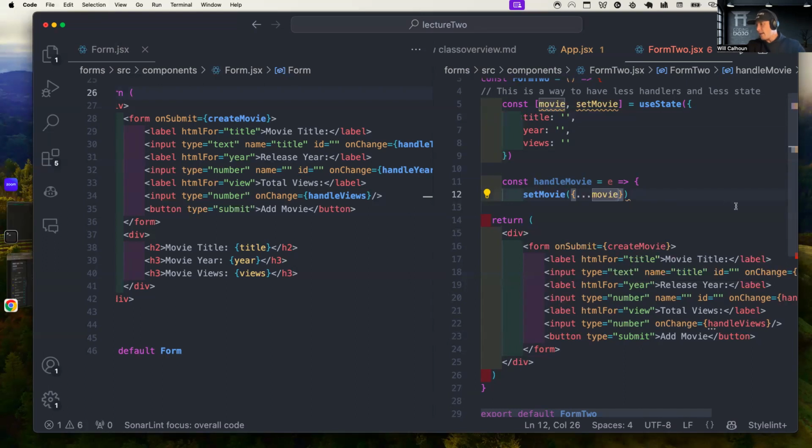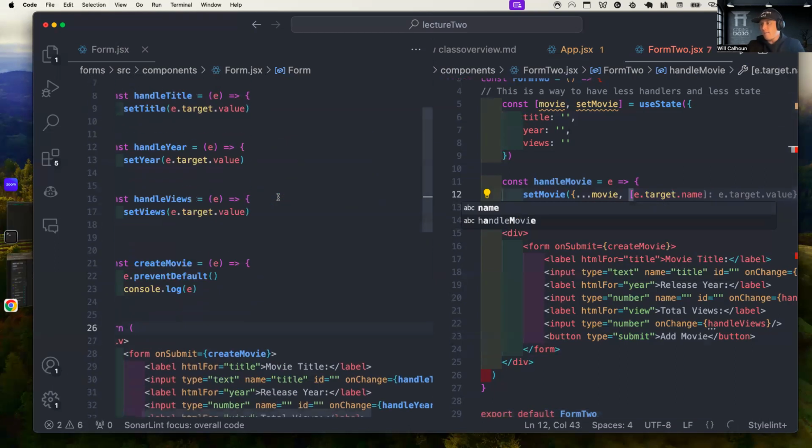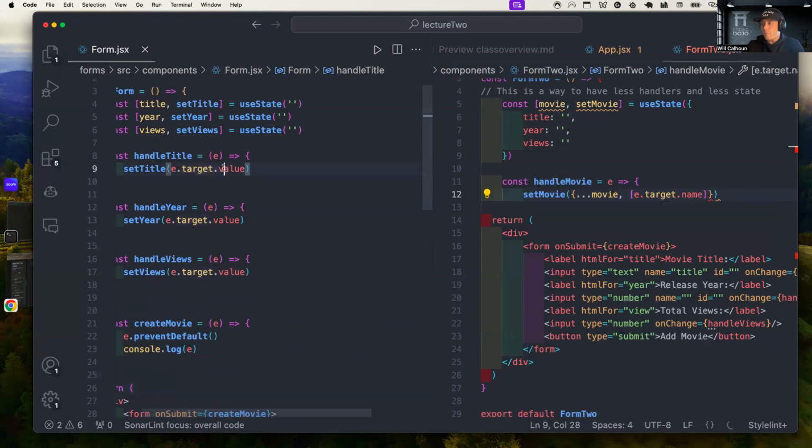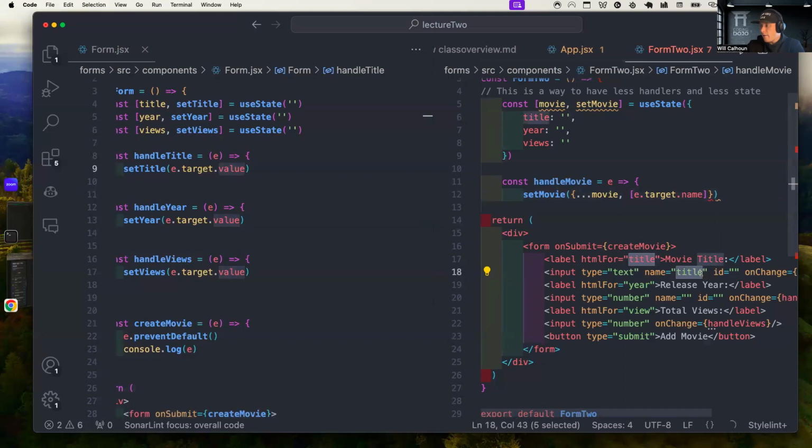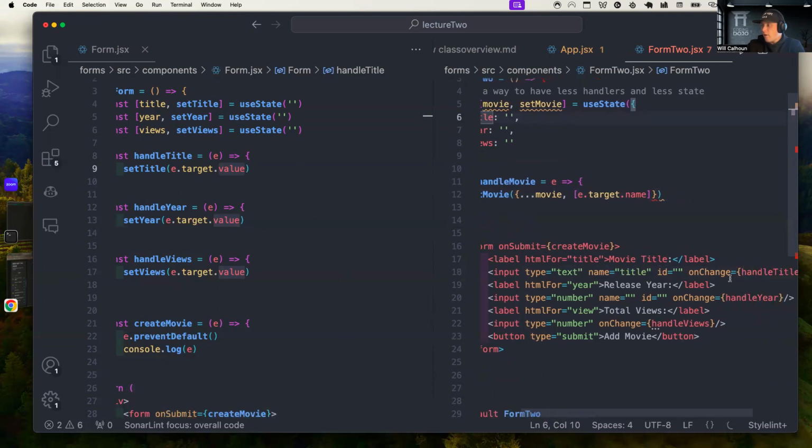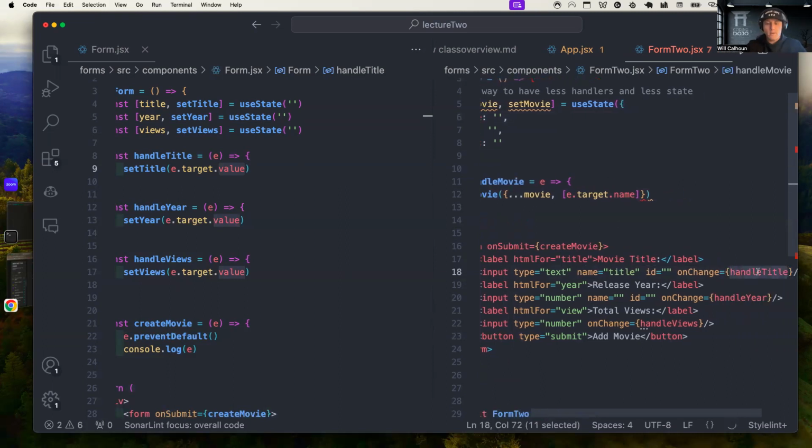What I'm also saying is, hey, where the comma, I'm going to say the target, e.target.name. Now that target that we showed, I showed you value, but there was also another name. And what's really important is what you name it here needs to match what's up here, right? Because it's going to say, hey, that target's name, and it's going to say, okay, great. So it knows that, oh, whenever I run this, if I'm saying handle